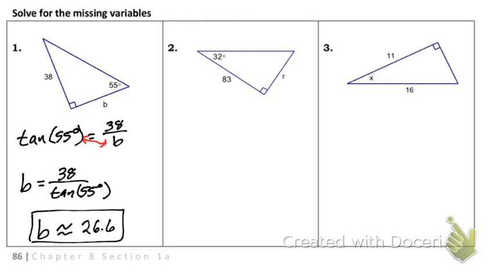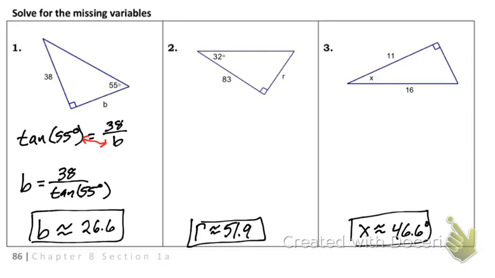All right, I'm going to let you do the next two. I will walk around and check. I'll put the answers up so you can check, but I'll be walking around for help. So our R should equal about 51.9. I don't think it's exact. And X is about 46.6 degrees. So those are your answers. I'll walk around and answer any questions. If you're having any problems with your calculator,